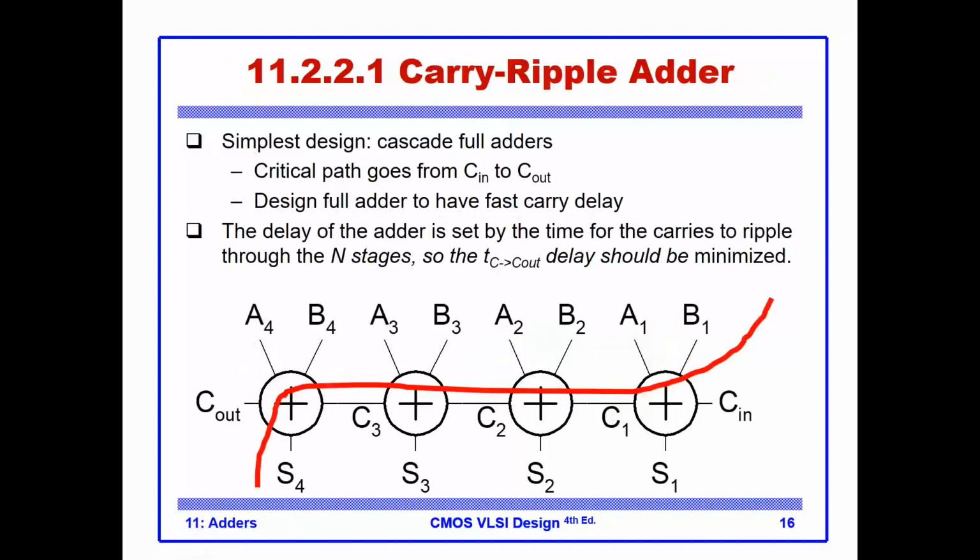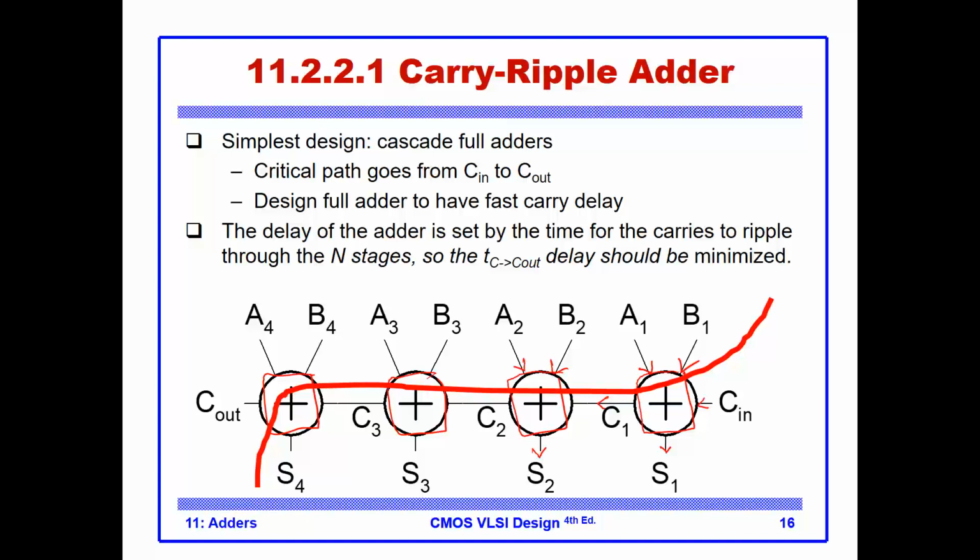I can have this previous adder constructed by full adders. Notice here I have a full adder here, and a full adder here, and a full adder here, and a full adder here. Now observe that the very first bit of A is added with the very first bit of B with the carry in. The output is the very first bit of the sum, and C1, which is a carry that will go to the next stage, which is stage 2 or bit position 2, where I add C1 to A2 and B2 and generate